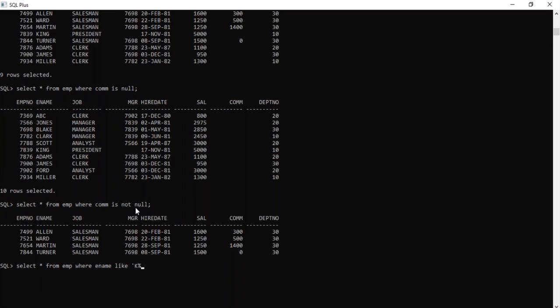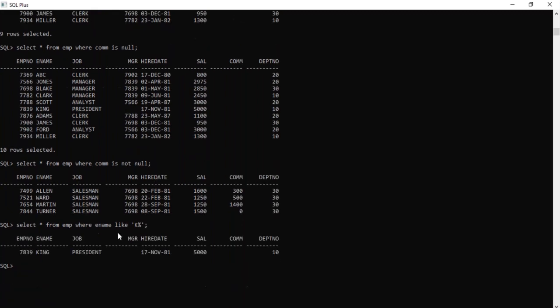So for an employee whose name starts with the letter K, if I want to print the data, then you have to go for the LIKE operator. There are other methods like substring, but that is not the right way.